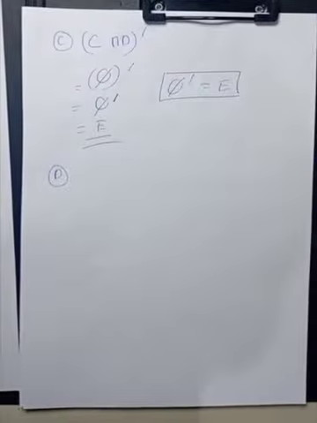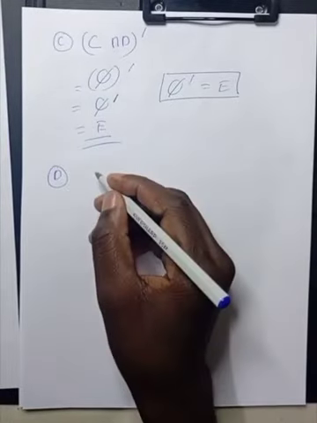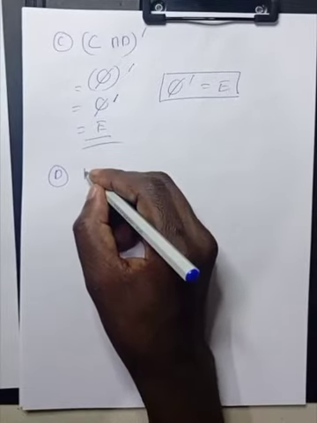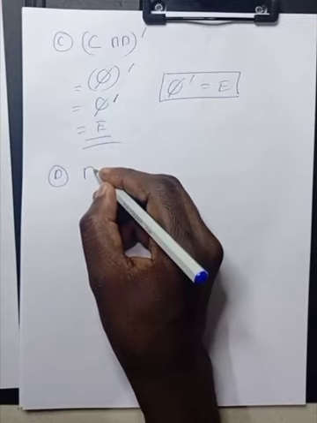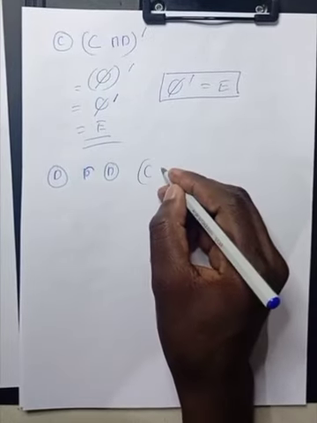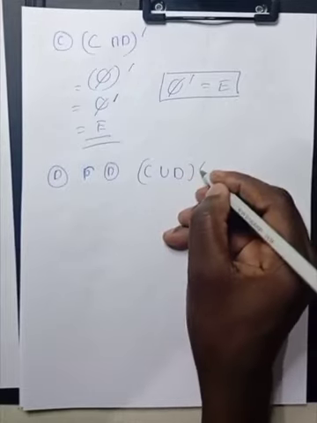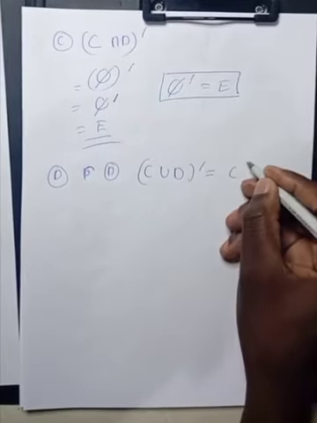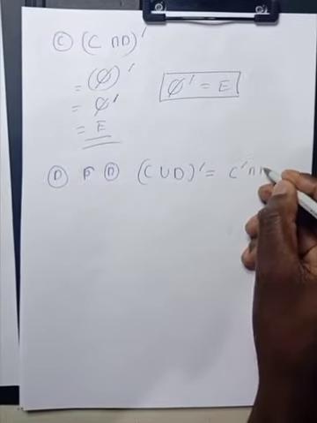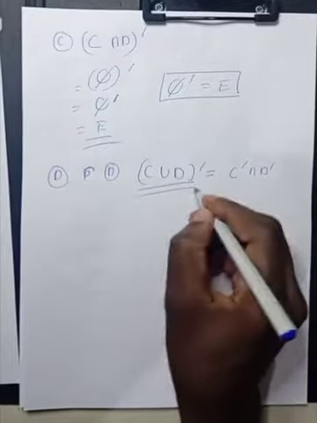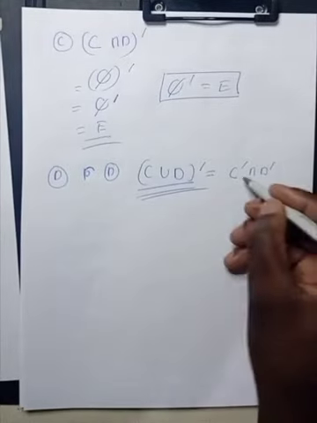Yeah, so now we come to the last one, which is D. So for part D, we have C union D and then complement. Even if we try to convert to the other form of De Morgan's, C complement intersection D complement, nothing will make sense. So this one cannot be simplified further as well, because even if we take it back here,